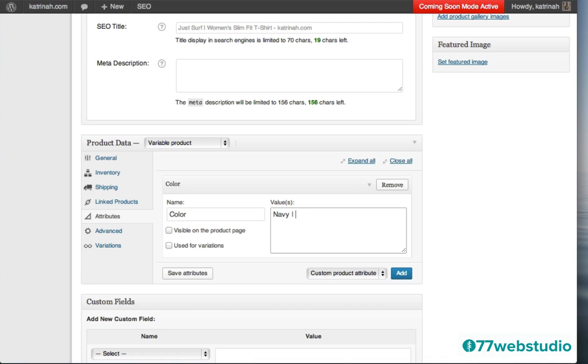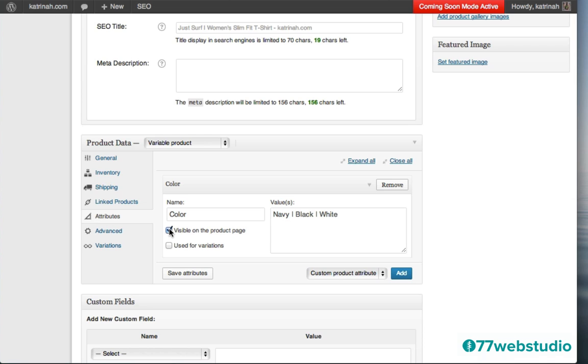So I have navy. This is also going to be offered in black as well as in white. And let's see, we'll put one more color. We'll add this in yellow as well. Okay, so we have 4 different colors here. Actually, just to keep it simple, I'll just add it with 3 colors. Okay, so we have 3 different values here. Now you see that there is a button here to make this particular attribute visible on the product page. I do want to do that, so I'm going to check this box.